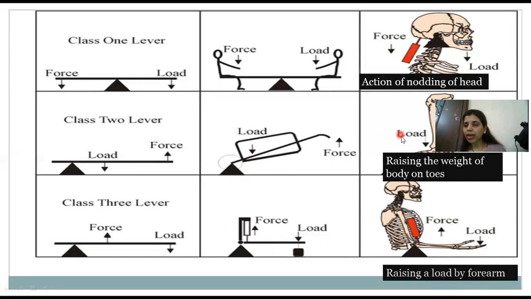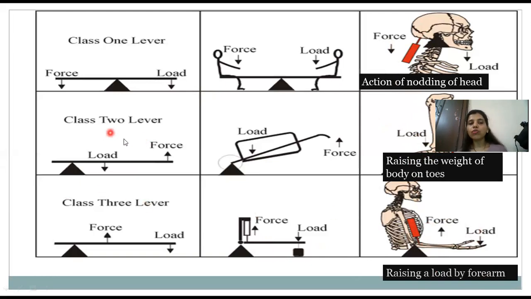Here they might ask what this kind of lever does. It only helps to change the direction of application of effort. In this case, as you can see, class 2 lever always acts as a force multiplier, and this is gain in force. Okay, children, only these three types you have to learn with respect to that.